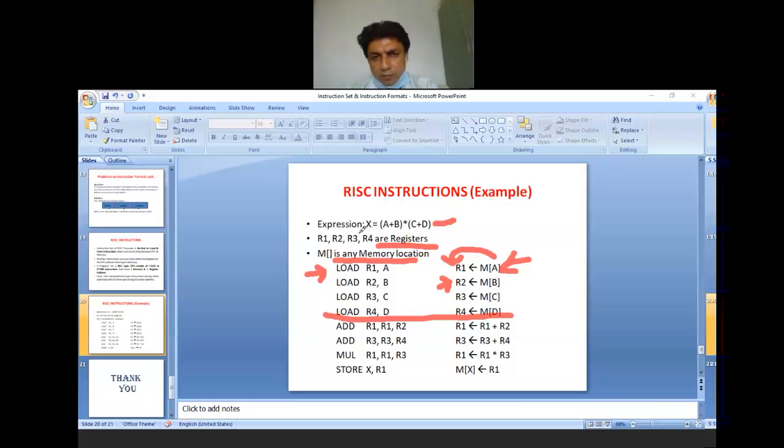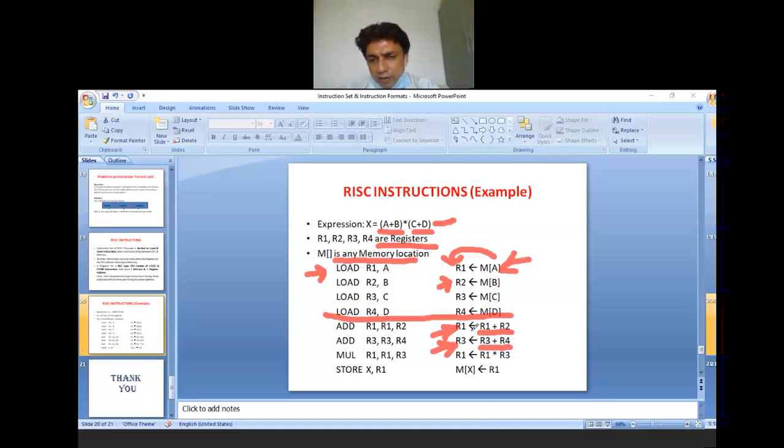As we are scanning the expression from left to right, first we encounter a plus b. As a and b are now stored in registers R1 and R2, we need to add the R1 and R2 registers, and the addition value is stored in register R1. In the same way we calculate c plus d by adding the register values of R3 and R4 and storing their addition value in the R3 register.